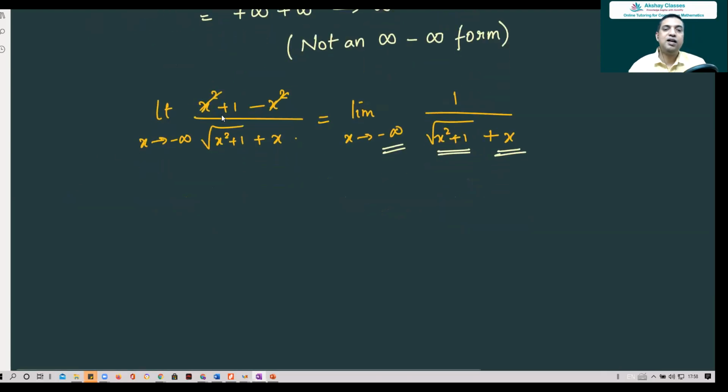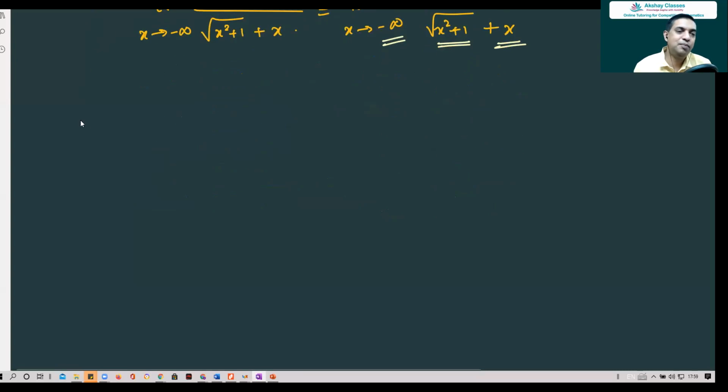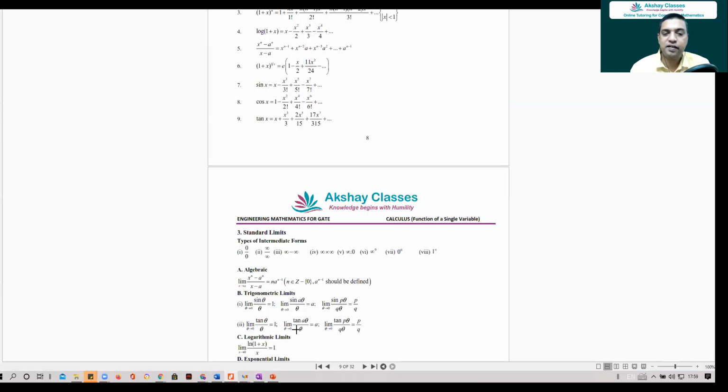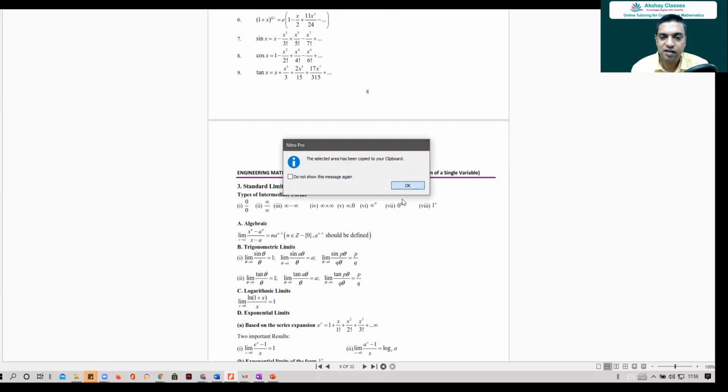Now last question. So this is clear. This is just a trick. You have to observe and do it, not just blindly go by formula. Formulas are important, but in calculus, you have to keep your eyes wide open. So now I'll just introduce one of the standard limits, standard algebraic limits. One problem we will do on that and we'll end for today.